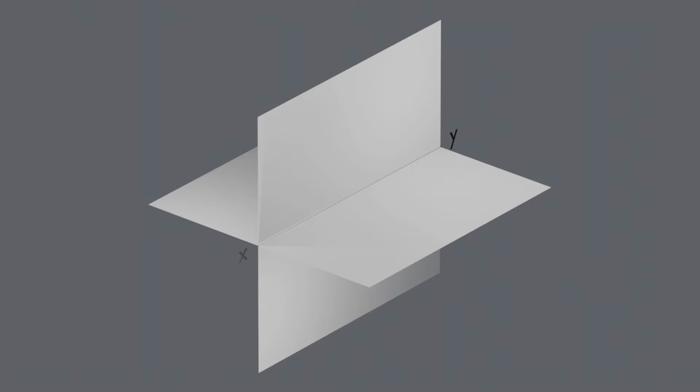Let's discuss one such situation. We need a horizontal plane and a vertical plane for getting the top and front views. As mentioned in the previous video, these planes are called principal planes. The horizontal one is called the horizontal plane and the vertical one is called the vertical plane. Let's place a cylinder in the first quadrant. The diameter of the cylinder is 50 mm and the length is 100 mm. As you can see, the axis of the cylinder is parallel to both the horizontal and vertical plane.